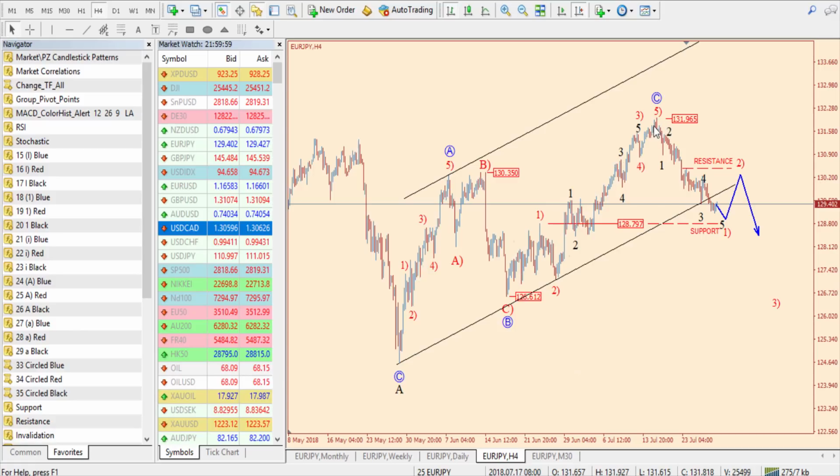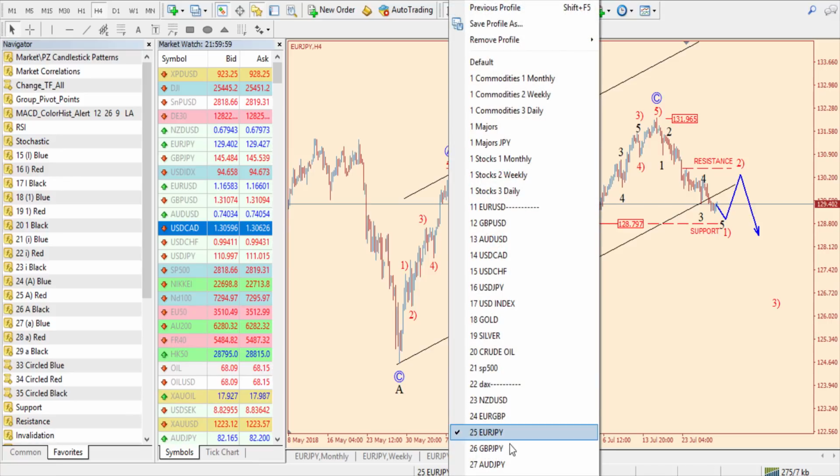Okay, especially if we consider that this first leg down is already looking impulsive. So it's a 5-wave movement below this trendline support, which means more weakness can be following ahead for a wave 3 to the downside. Okay, also if we take a look at pound yen,